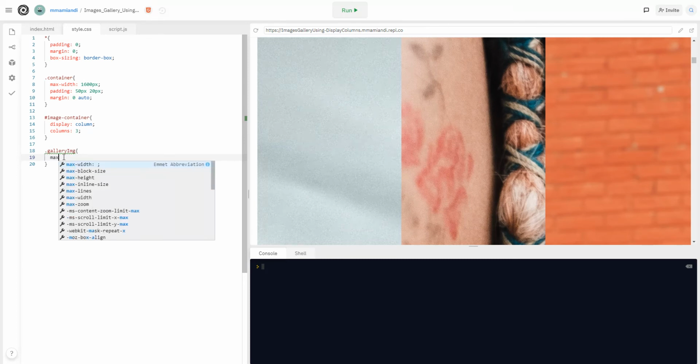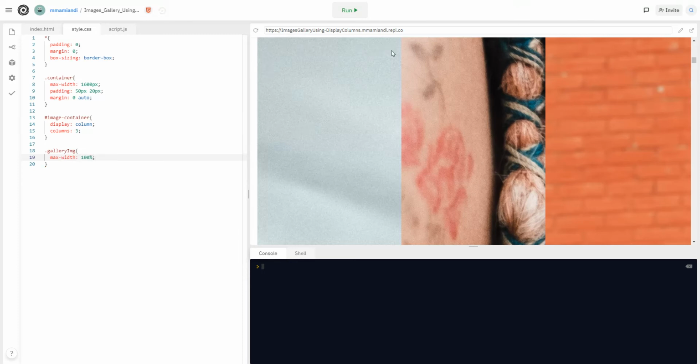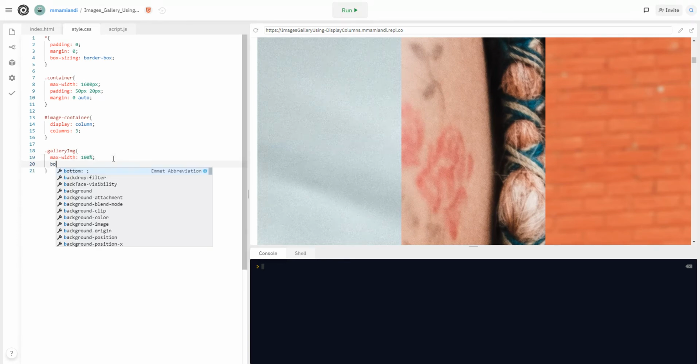Let's give it maximum width of 100%. So it's going to be 100% of the container. And let's give it border radius. Let's make it 10 pixel. And then let's position it as relative. The reason why we are doing this is because we are going to position